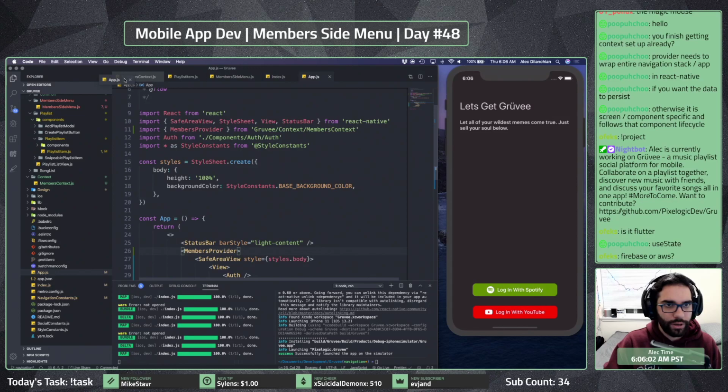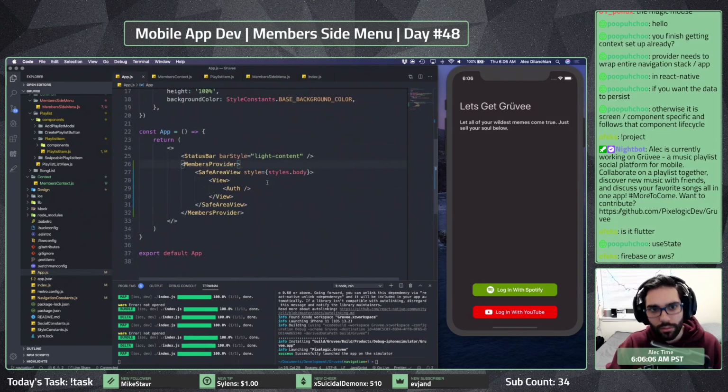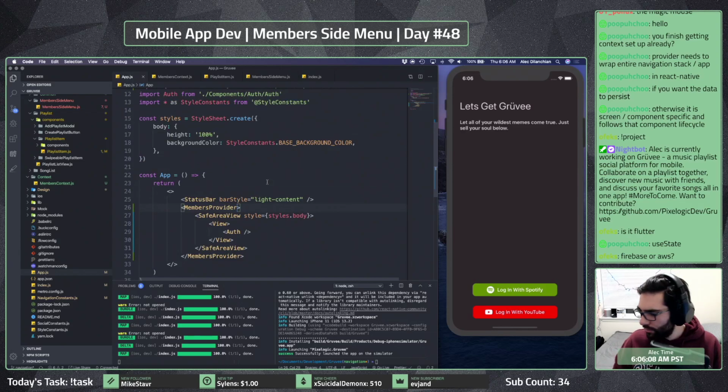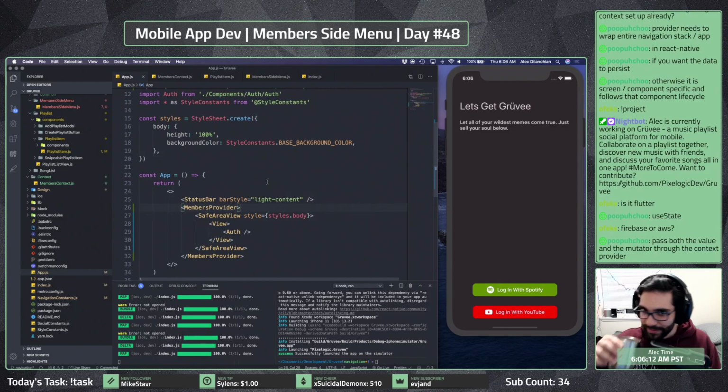Yeah, so that at this point we have that. Pass both the value and the mutator through the context provider.